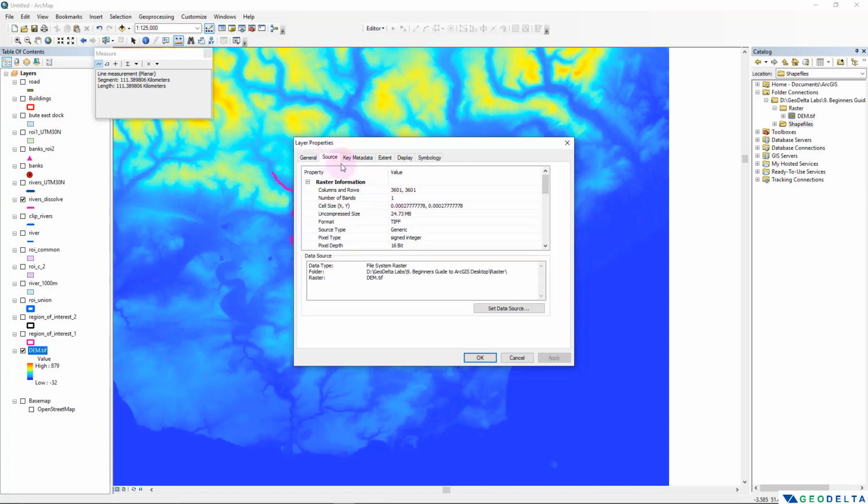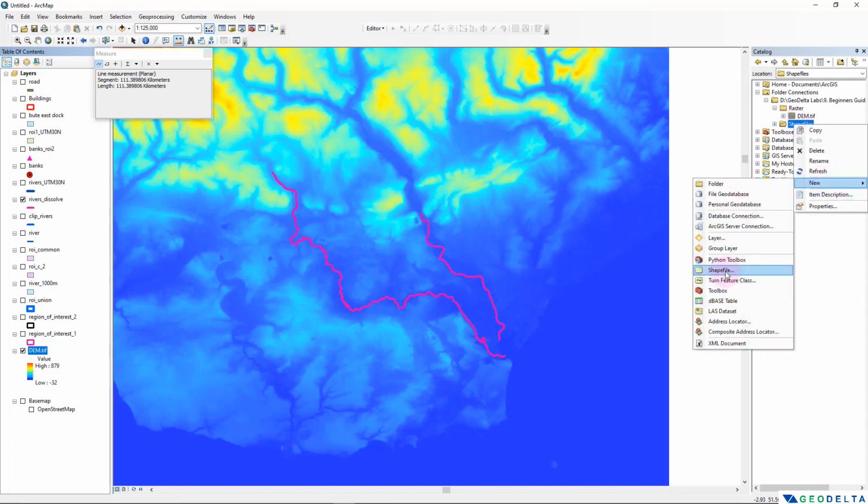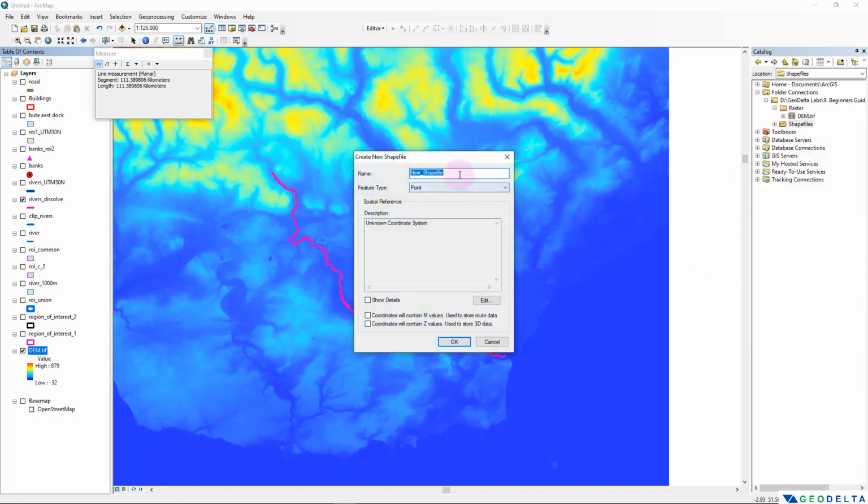If I go to this source over here, you can see that the spatial reference is WGS 1984. So if I wanted to clip my desired part just by looking at this graphical interface, I need to make sure that I have my corresponding polygons in the same coordinate reference system as well. So I'm going to recreate this one,